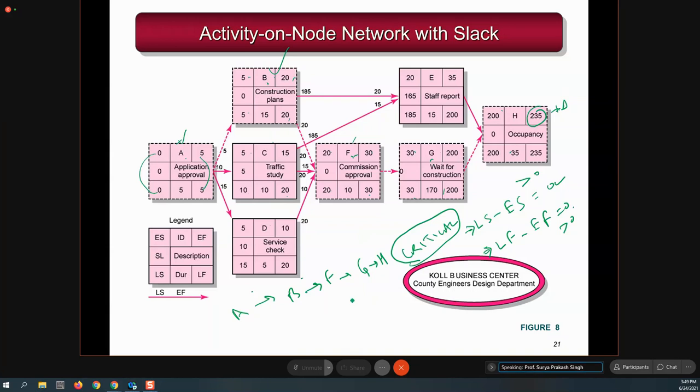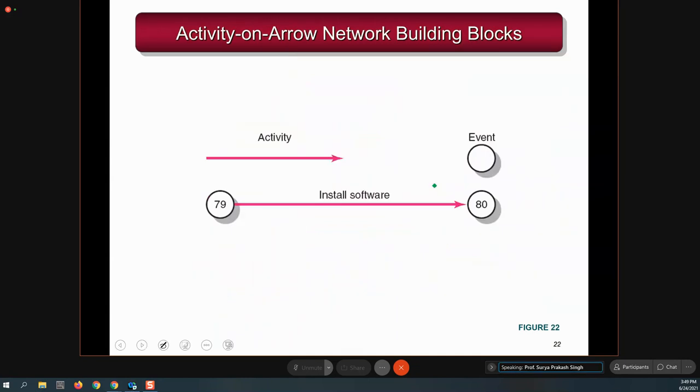So once you identify the critical activity and critical path, the critical path is also known as the longest duration path, longest duration. क्योंकि आपका जो 235 आया है, this 235 calculation is coming this way only. Okay. So this is the longest path. We say longest path. So this defines the project completion time, and the critical activity falling on the longest path is known as critical activity. Okay. Now what happens?